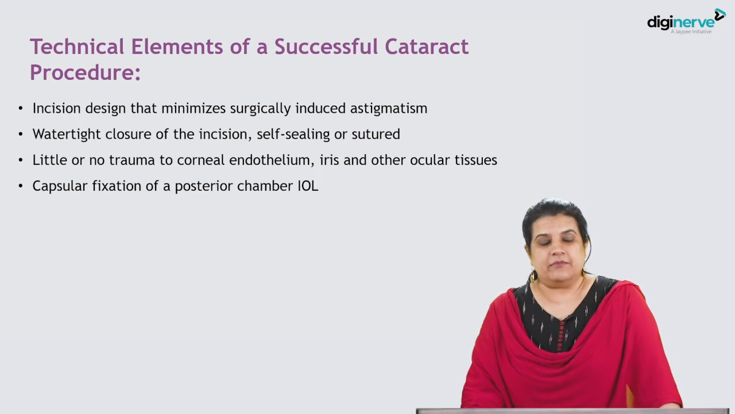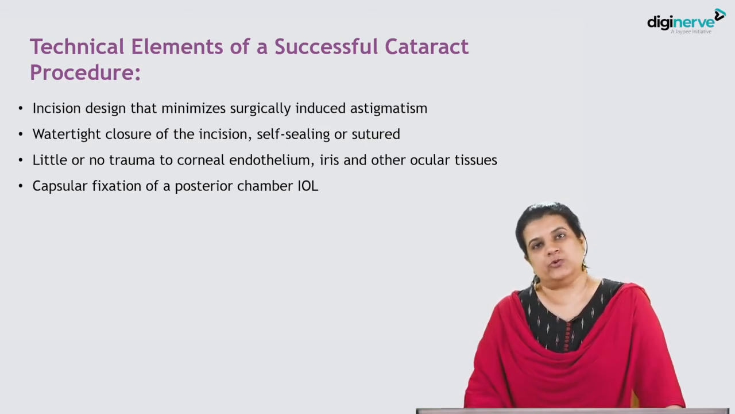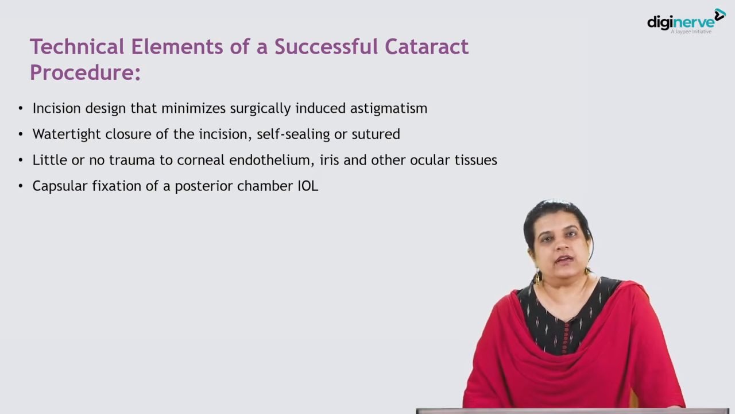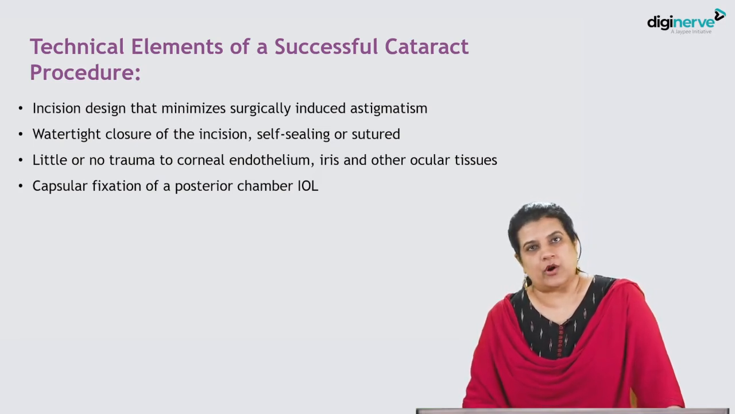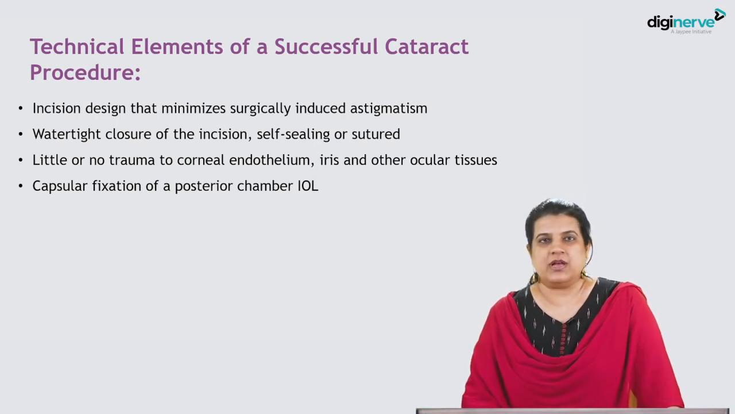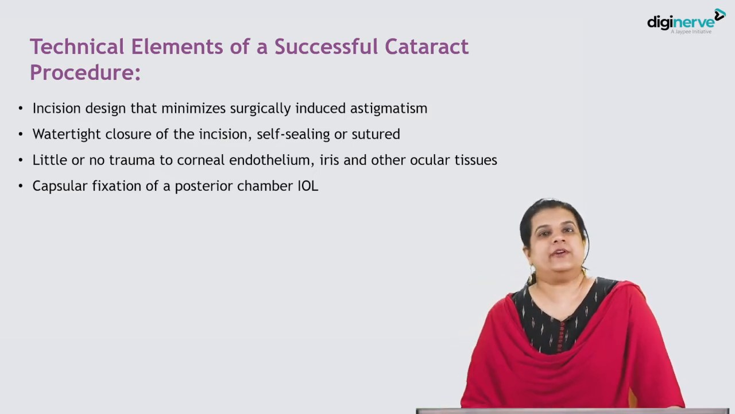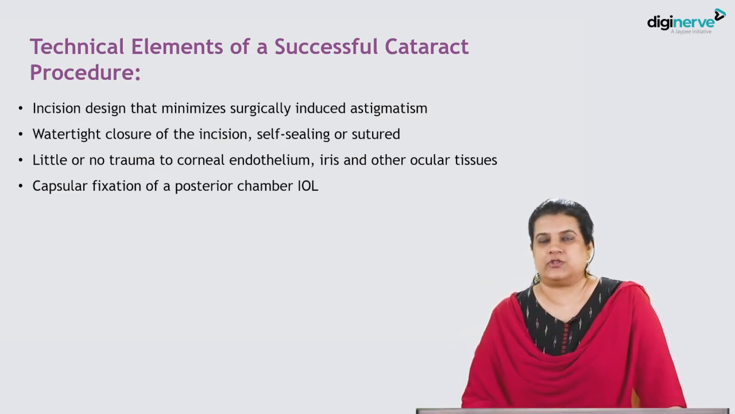So the technical elements of a successful cataract procedure include the incision design. The incision design should be such that there is minimum surgically induced astigmatism. Whenever a surgeon is making incisions on the cornea, we make a main port incision and two side port incisions for phacoemulsification surgery, or we make a large curvilinear incision from 10 to 1 o'clock in cases of extracapsular extraction. Now, whenever you are cutting the normal corneal surface, some amount of surgically induced astigmatism is bound to